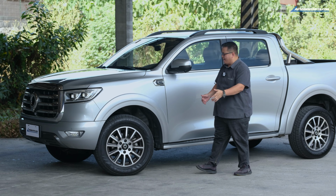What I have for you today is the GWM Cannon SLux 4x4. It is a massive beast of a pickup truck from GWM Philippines. Because when you look at the size of the vehicle, it's 5.4 meters long and it's really wide. When you put it up against a lot of its contemporaries in this same class, they almost look a bit